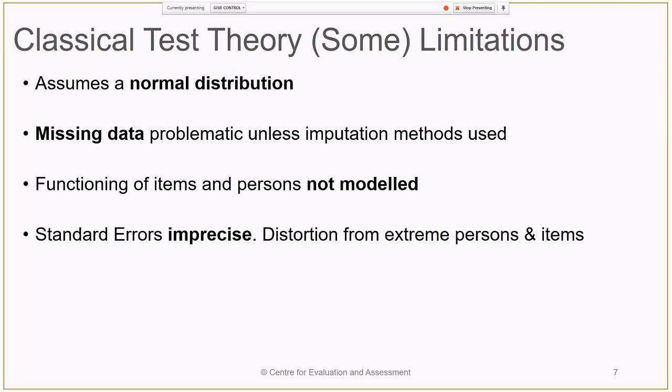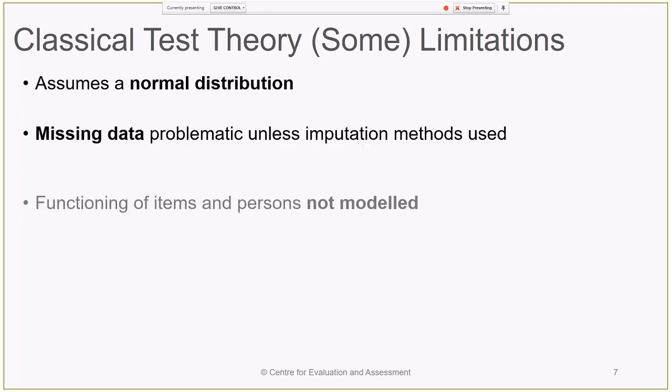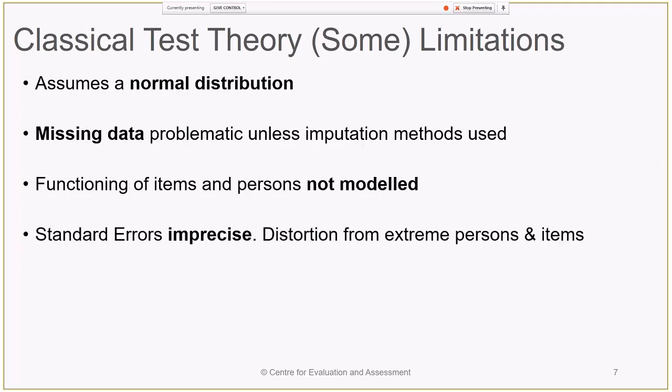You can think of any normal example in real life. I think I've said it before when I recorded this one, and that's that when you're trying to lose weight, if you are very overweight, it's easy to lose the first few kilograms. But if you are at the bottom end of the scale, maybe you weigh 60 kilograms, now it's going to be really hard for you to lose 5 kilograms. So we understand, I think intuitively, that scales distort at the extreme end, but classical test theory does not take that into account.